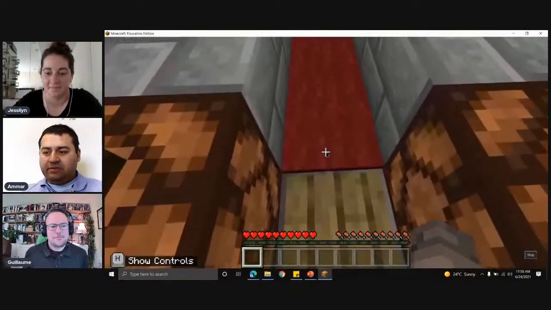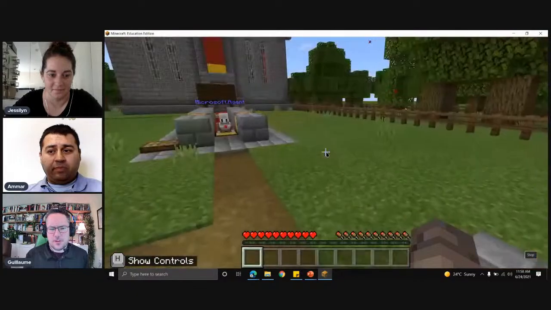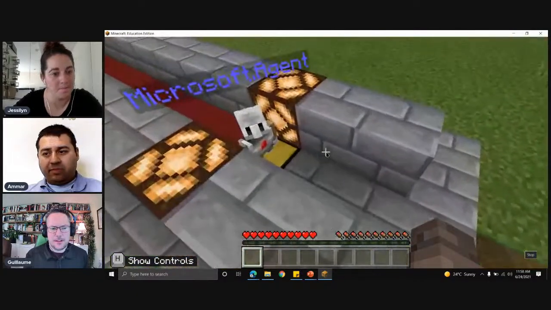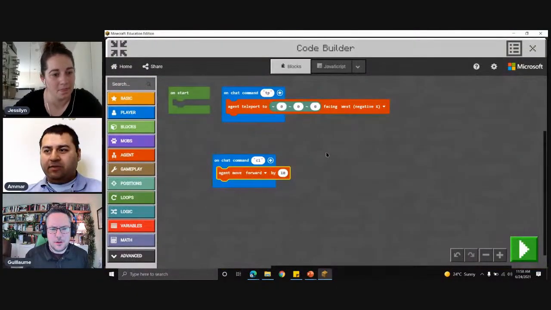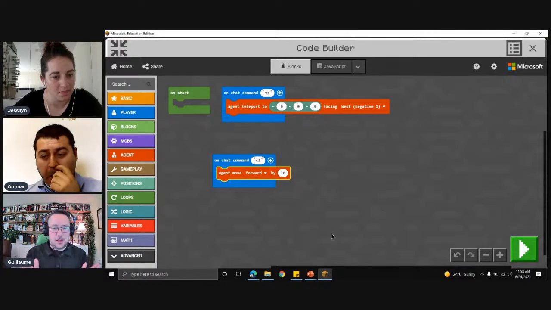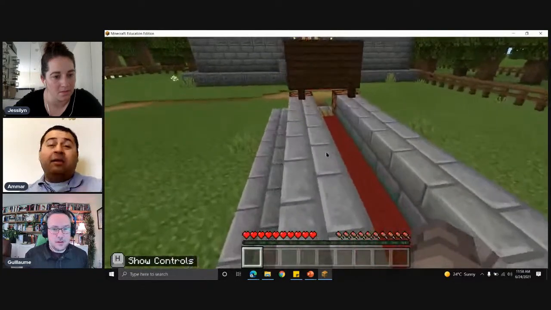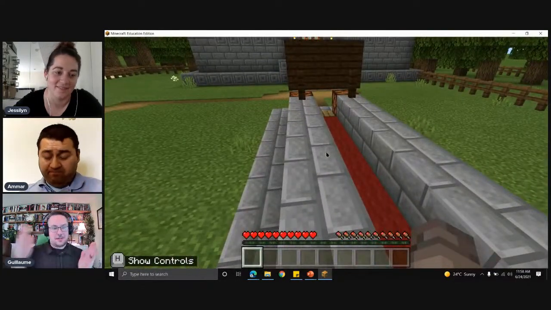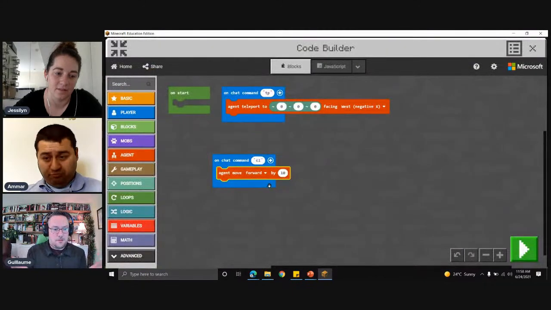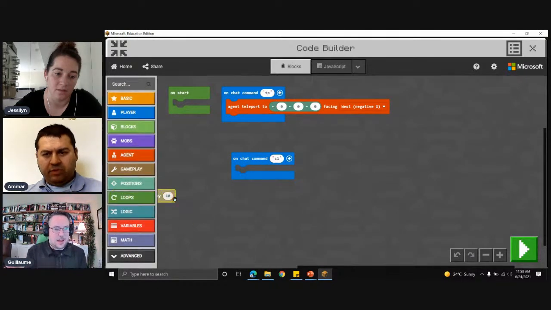So I'm going to hit on that. Amar? Yes, sir. Can you open your coding window again by pressing C? I'd like to see something in your code. So you said agent move forward by 10, and this is the answer that you gave. But is it possible to complete the challenge with different blocks? Because you had the agent move 10 steps at once. But would it have been okay to have agent move forward 1, and agent move forward 1, 1, 1, 1, and do that 10 times? Would it have worked?